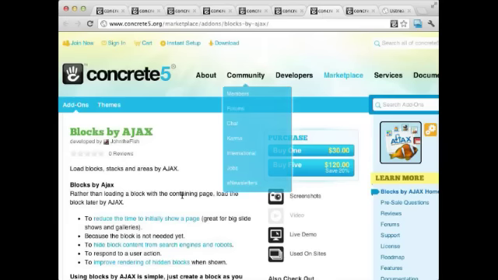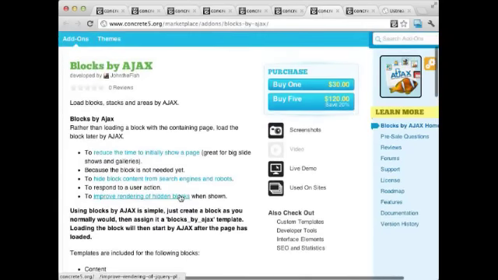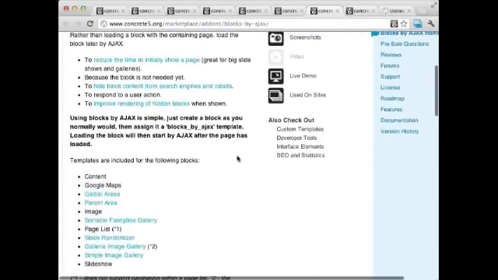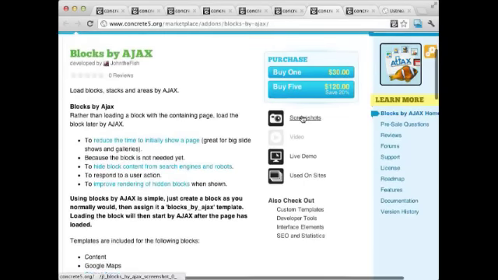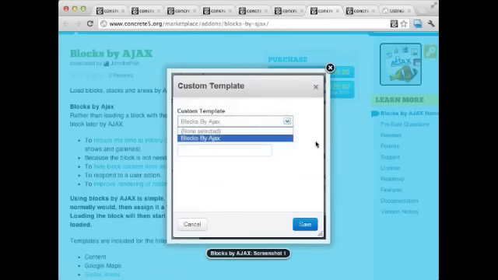The next one is Blocks by Ajax, and this lets you delay loading of certain blocks with Ajax in case you want to load your page before the block loads. That makes sense to me. There's a couple of Twitter blocks that sometimes kill sites just because they're waiting on Twitter to do things. Yeah, or they get added to a site that then takes away wget access or behind the scenes offsets, and then you're just waiting forever. I wonder how that behaves with caching, but it's a cool idea. Yeah, so this has a bunch of different custom templates that work with various add-ons already in the marketplace and stuff like that.